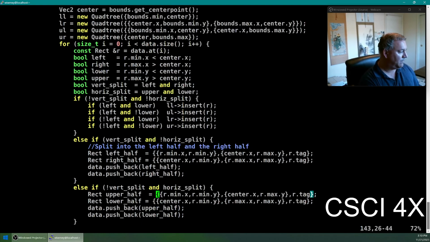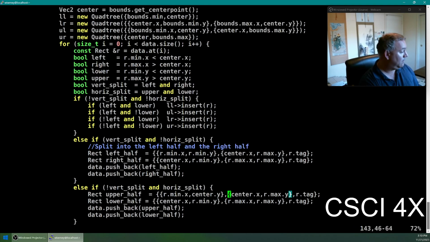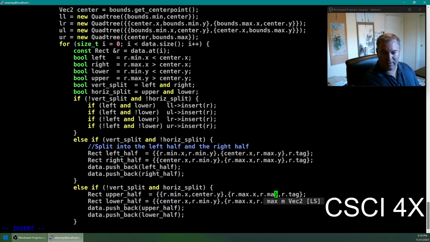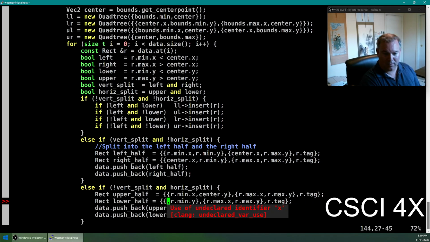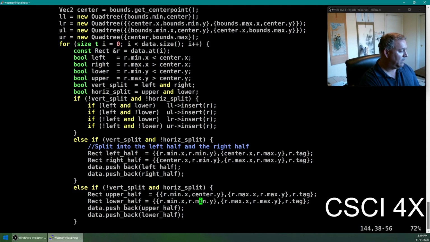Okay, so the upper half is minimum x and center y, and then the upper right part is max x, comma, r dot max dot y. The lower half goes from r dot min dot x to r dot min dot y. So the min x, min y, and then max x and